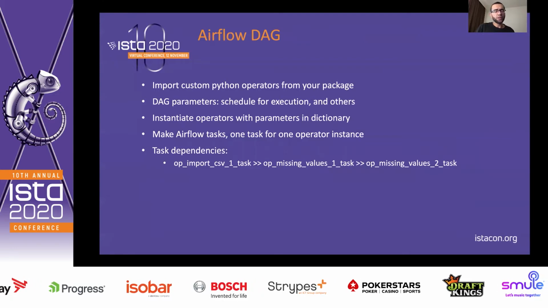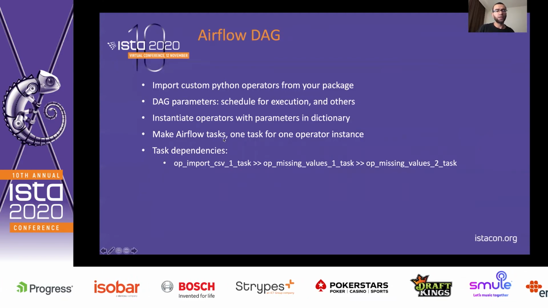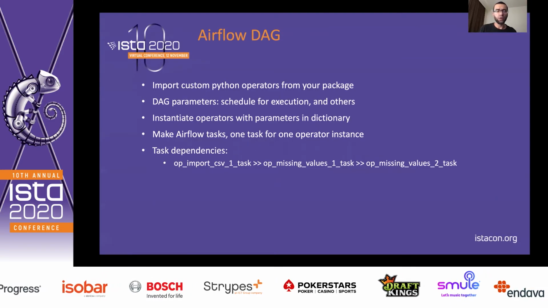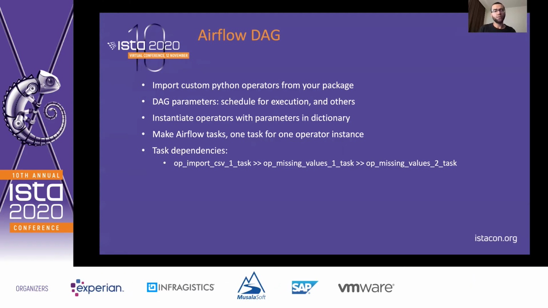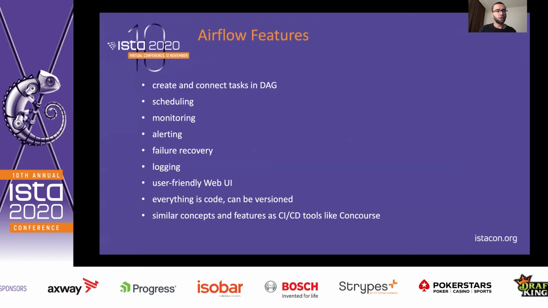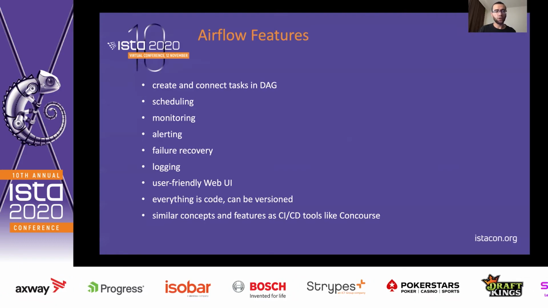My previous experiences include working with Airflow. So the idea here was that we can make these Airflow tasks and we can make Airflow docs. In there, we can put user code and we can set parameters on the doc level and on the operator level. So in the end, we connect all these tasks in a DAG and we can execute a machine learning workflow. So these are the Airflow features: scheduling, monitoring, alerting, failure recovery, logging, user-friendly web user interface,